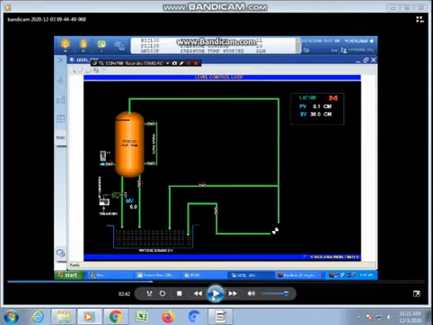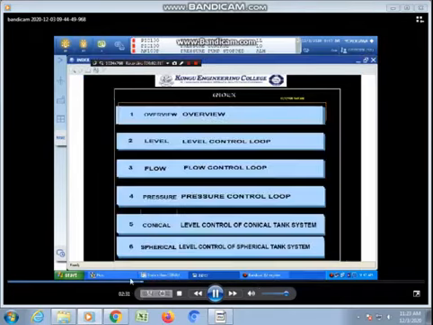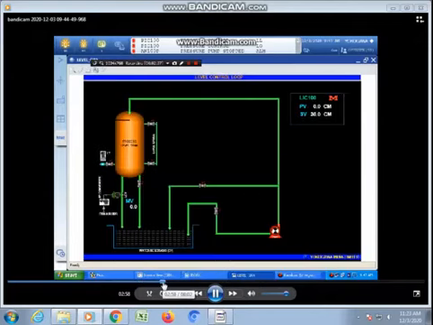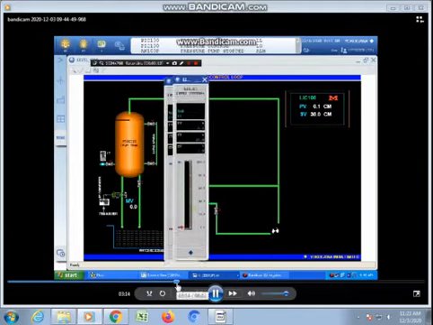Now if you want to have the faceplate, that is the control drawing of the pump, you can double click the pump, and we will get the faceplate of this particular pump. Now we are going to do the real time process. We have taken the level process, we have taken level from this front diagram. Okay, the level loop came. Now we will double click